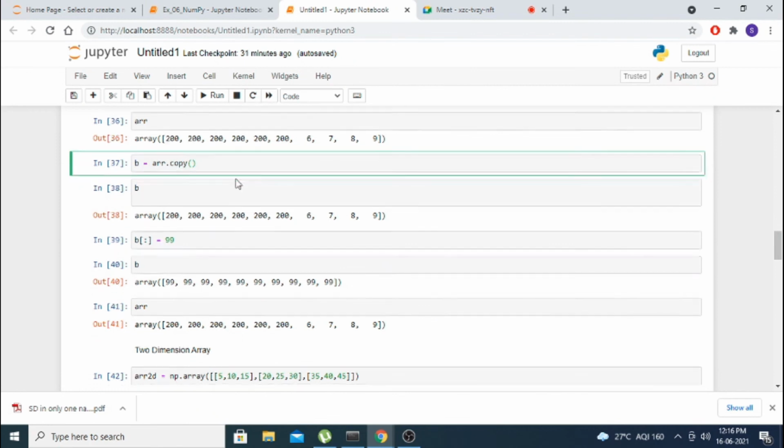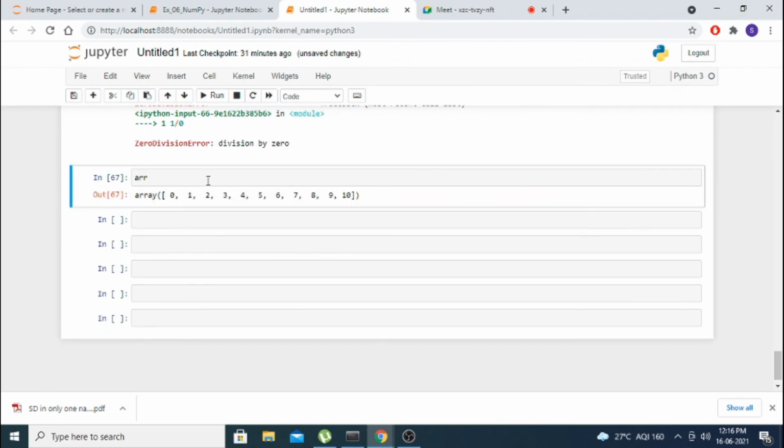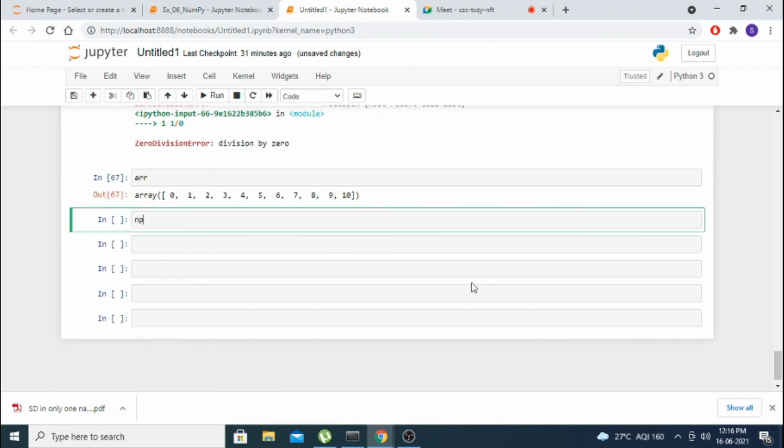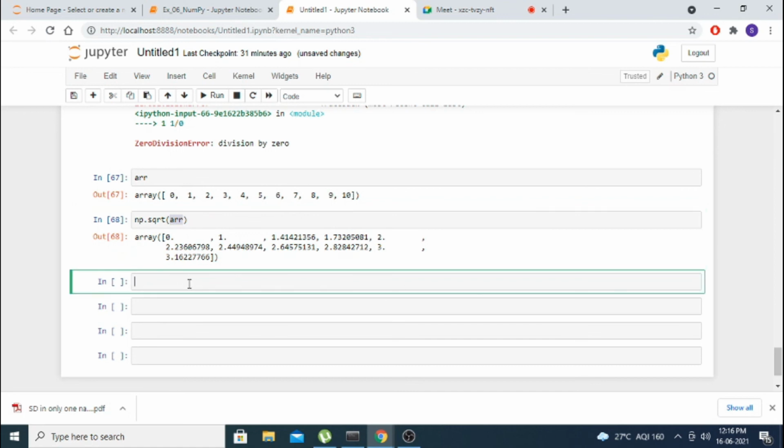Whereas when you are using a universal function, what we have to do is, we have an array, and for this array I am going to find np dot sqrt, that is numpy dot sqrt, square root of ARR, and I am getting the square root of all the array. Here np dot sqrt is a universal function, I am passing the parameter array ARR, so that for all the elements we are getting the square root. Similarly, np dot sine,